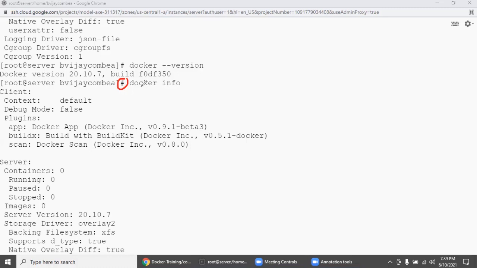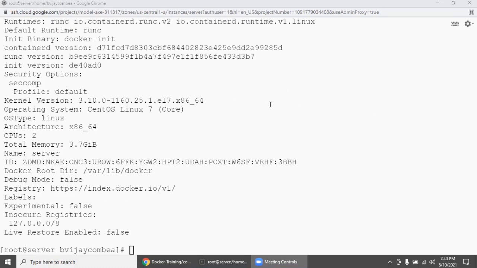Once you have added it, you log into that user and run this command. If you are able to run this command without any issue, that means the user has full privilege on Docker. Okay, so now we will go through the commands one by one.